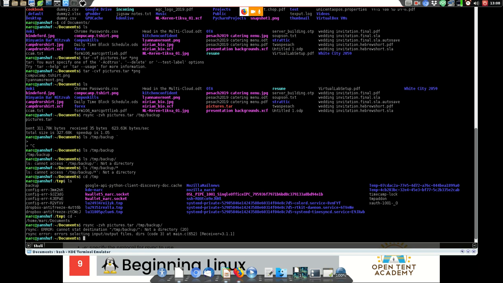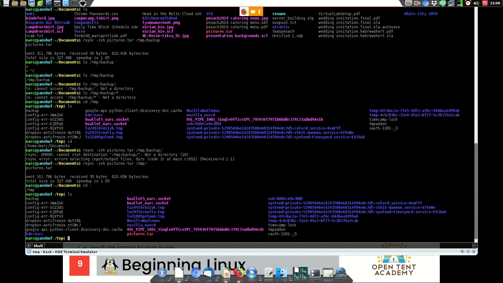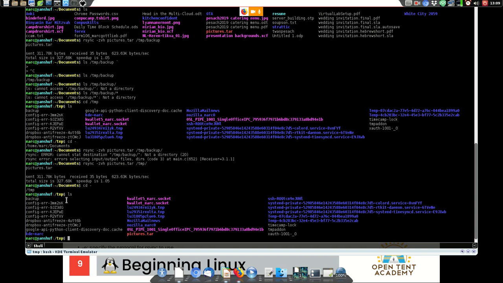Silly me, I'm overthinking this. Now let's take a look at the temp directory. So I called it backup by accident instead of giving it a folder to write into. My bad. So just put it in the temp directory.